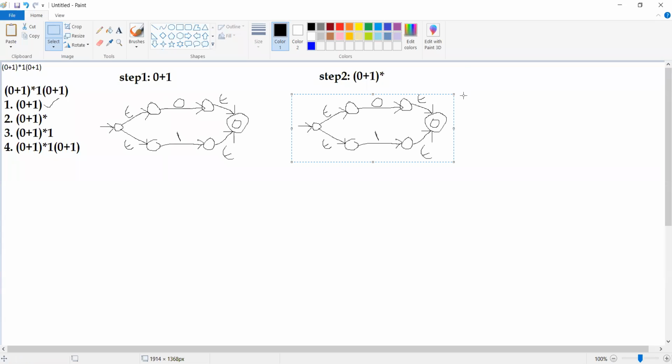Now as I am taking (0+1)*, this is no longer going to be a final state.